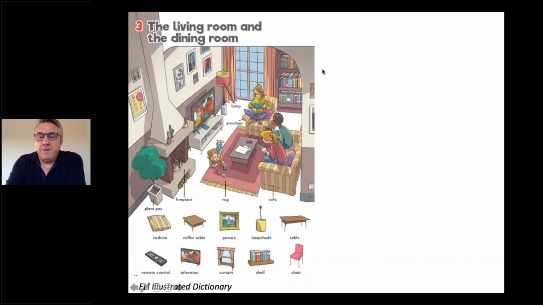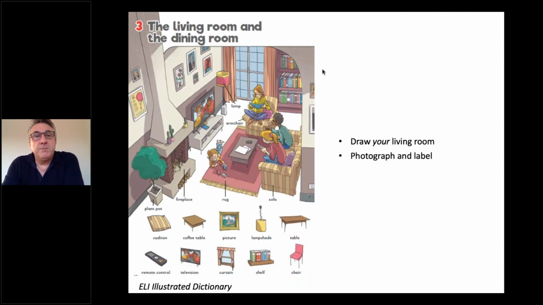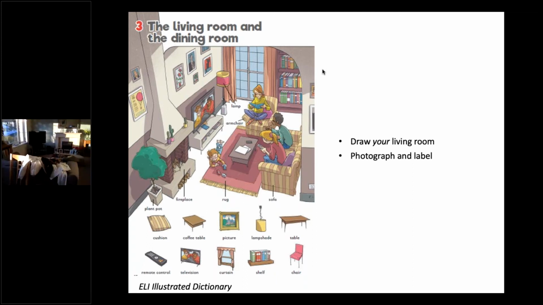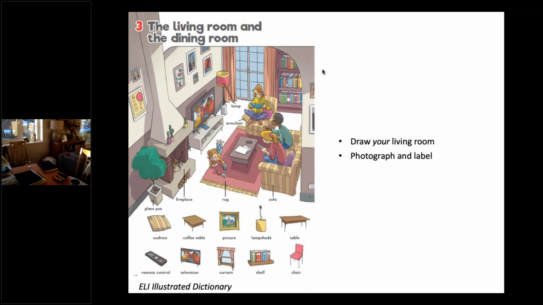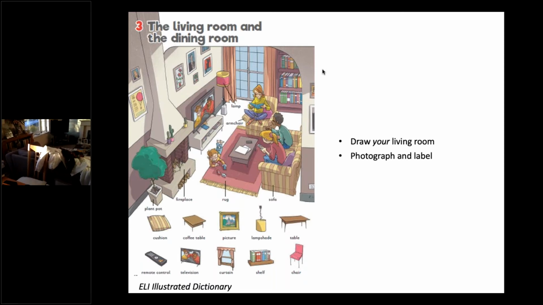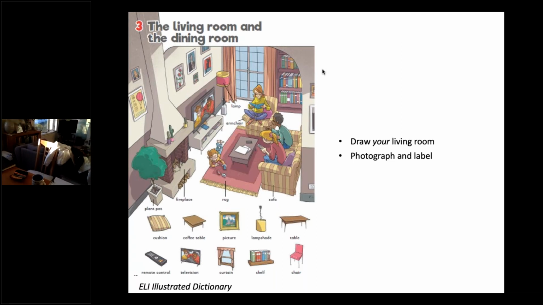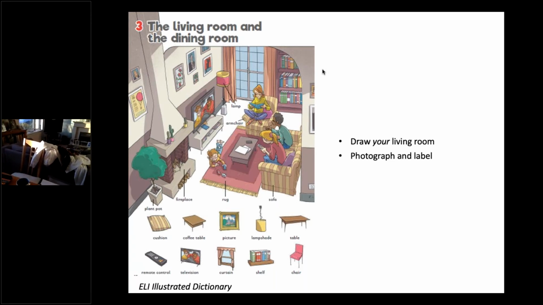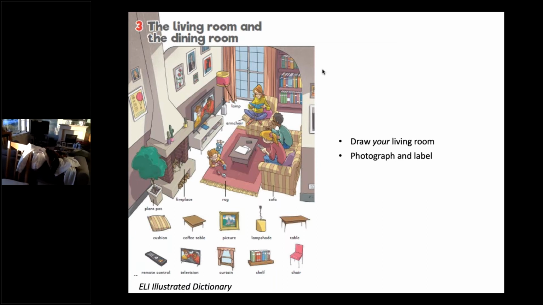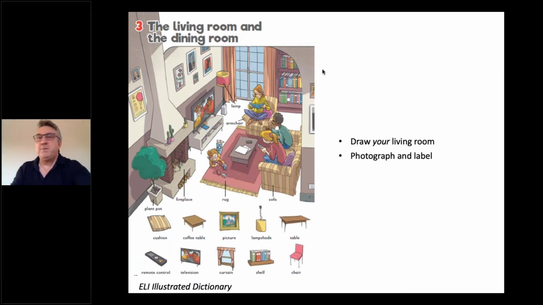Now, if I take that page from the picture dictionary, I could ask the students maybe to do something similar at home. So maybe, if you have the right situation, you can see, this is my living room. Okay? I don't know if you can see it, but I'm moving my camera around. So if you as a teacher want to share your room with the students, they can describe your room. What can you see in my room? TV, there's a lamp, there's a clock, there's a sofa, there's a complete mess.